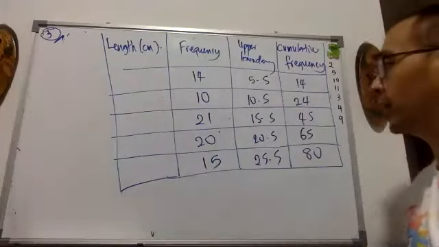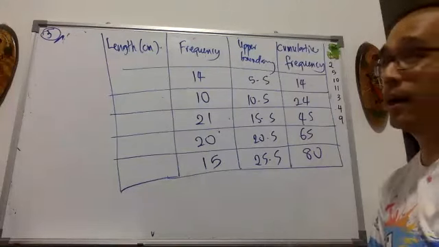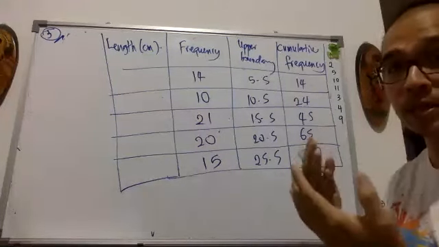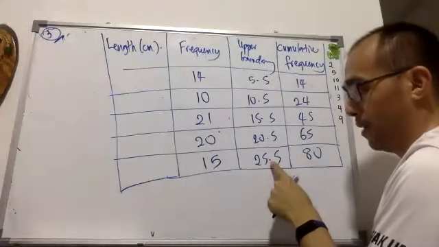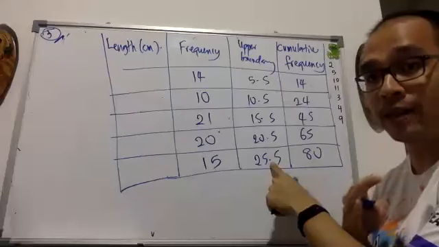Okay, so let's take a look. You can work your way forwards, you can work your way backwards. Okay, but we think about this. If our upper boundary is 25.5, okay, at Form 4 maths level,